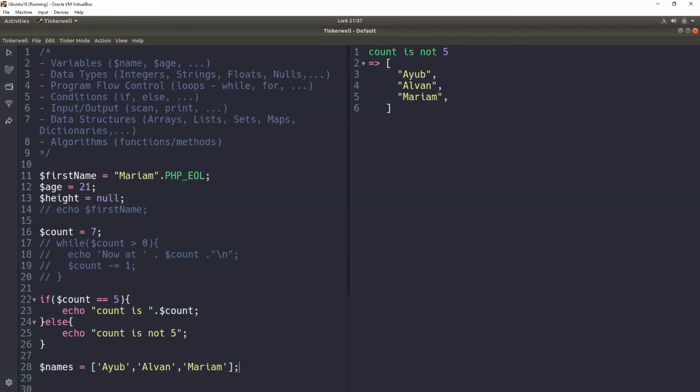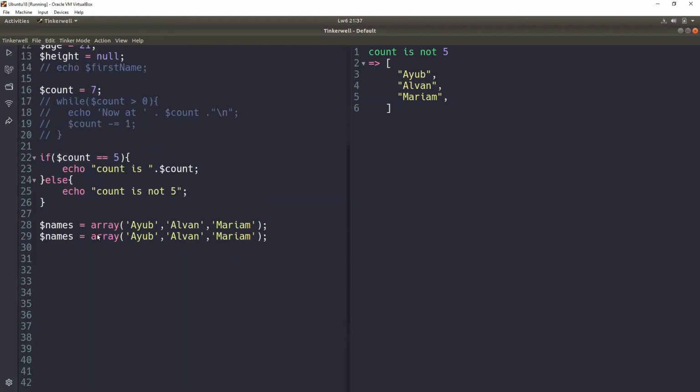Or you could also do it like you say array, and then in brackets you just do the same. So both the two methods work. That one and this one, they both work the same. They both create an array.